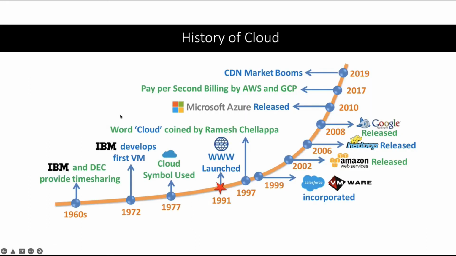Now, if you see the history of cloud, I will not spend much time here, but I just wanted to tell you that when HTTP came, from there onwards people started thinking of distributed computing more, and also collating resources and distributing resources using the HTTP protocol. Right. So from there, there is a steep rise in infrastructure distribution as well as availability. And when AWS was launched, it was in 2002. Right. And from there, multiple other providers came up because of the advent of big data. Google also came up in the cloud domain. Then Azure was launched. Right.